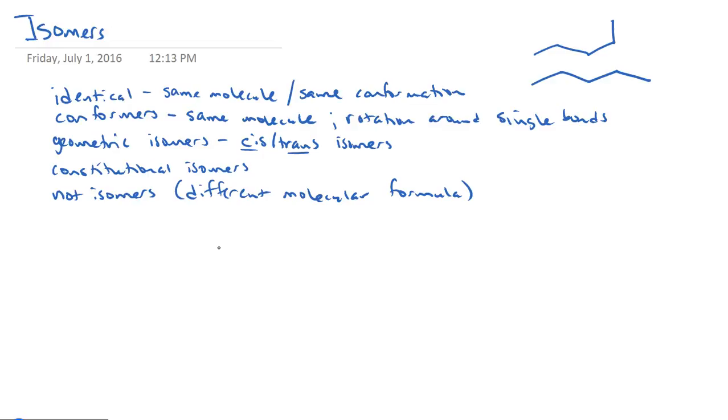That's what we've looked at today. It turns out there are two different ways to get cis and trans isomers. One of them is in the ring structures that we've looked at. So you can have two groups that are on the same side, which is cis, or two groups that are on opposite sides, which is trans.